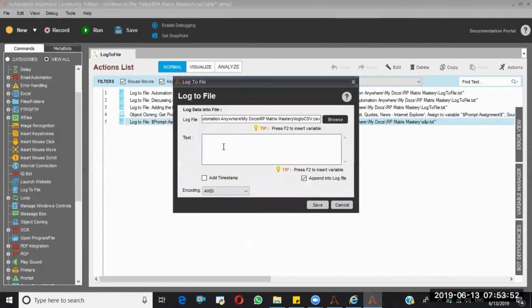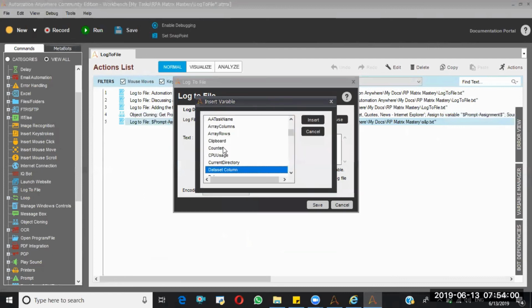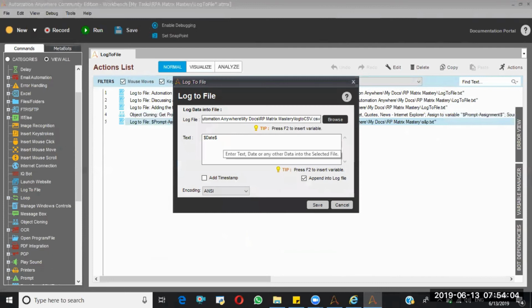This time I'll put date, comma, the prompt assignment value.